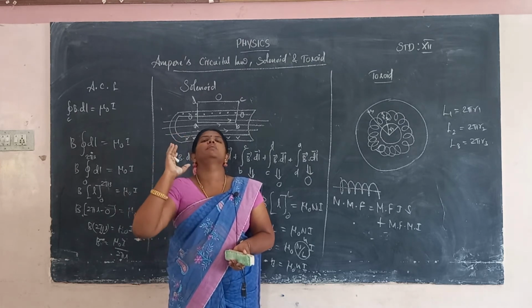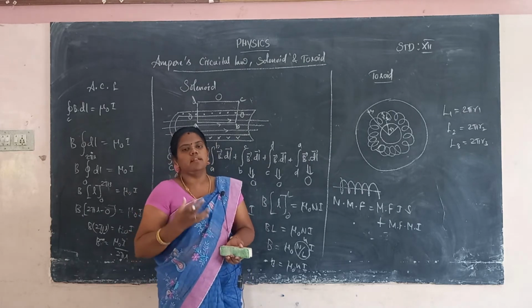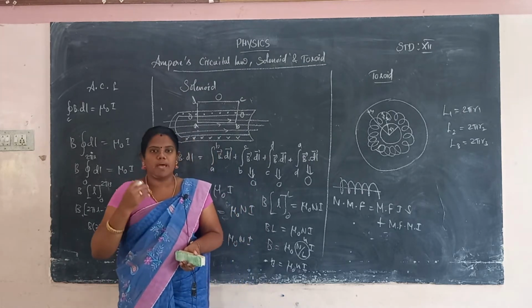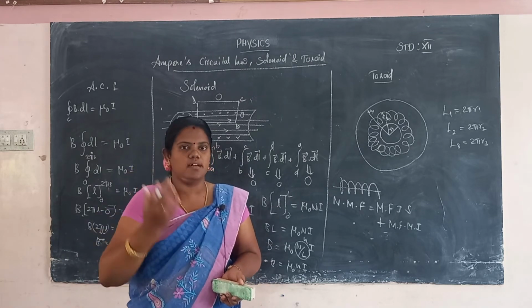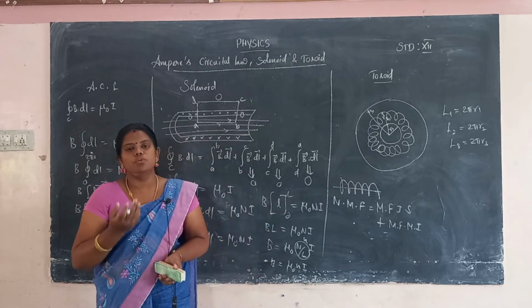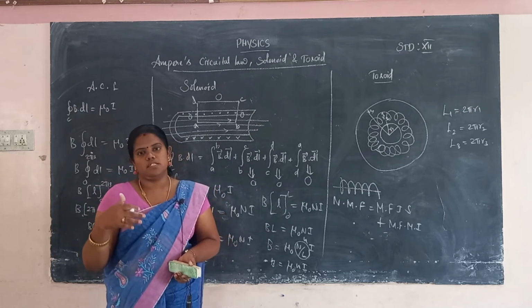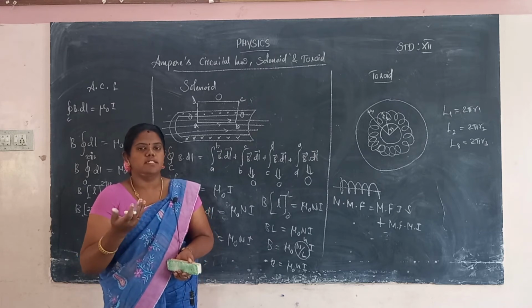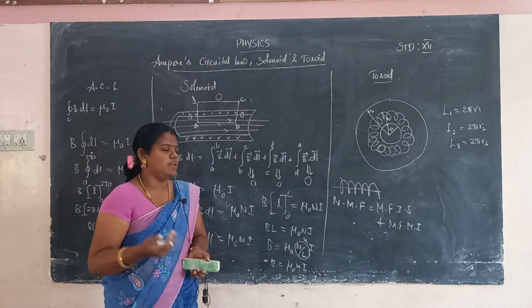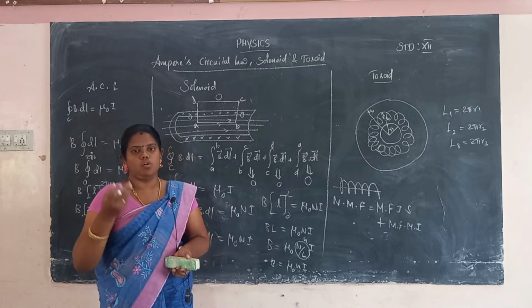Suppose your head is inserted into the MRI scan, the MRI scan will clearly give the visual image by using the magnetic field to image your brain or your skull. Suppose you have to identify some problems in the chest, the MRI scan will be fixed on top of the chest and it will detect the defects. The magnetic field will give visual images of your chest, pelvis, abdomen, or anything else.